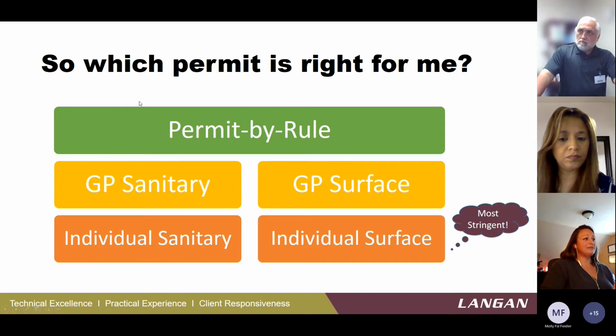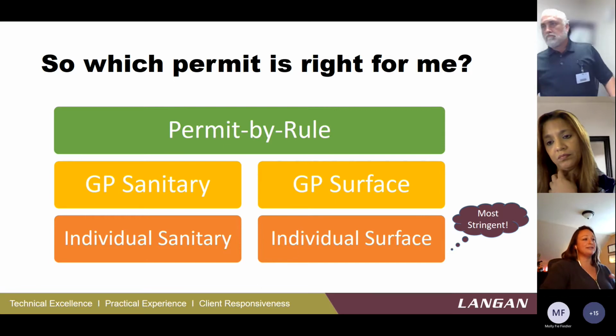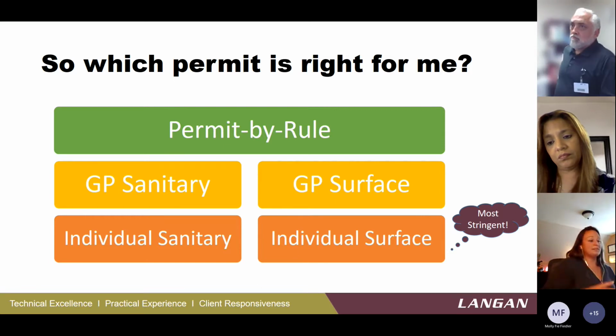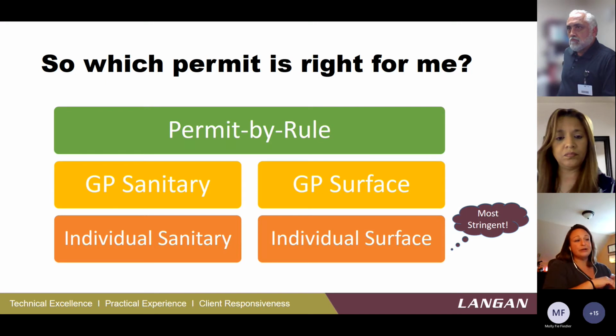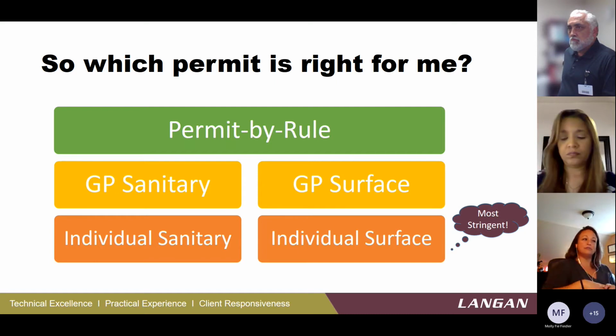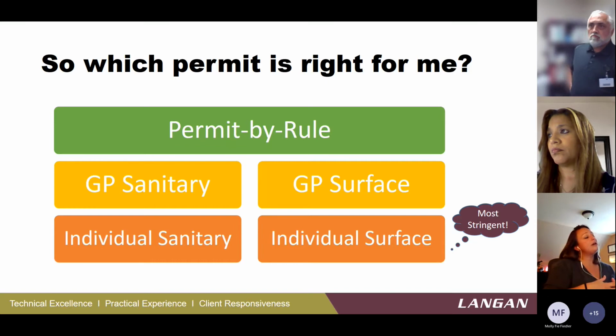So the easiest one is going to be your permit by rule. That's like if you have something really simple that, you know, is written into the standards, you don't actually have to get an authorization for it. Essentially, nobody cares too much about some condensate somewhere. The next level is going to be a general permit, and general permits will either be to discharge to the sanitary sewer or to discharge to a surface water. Those are a little more work, but still not too much. And then the individual permit level, again, that's the most involved in applying for it.